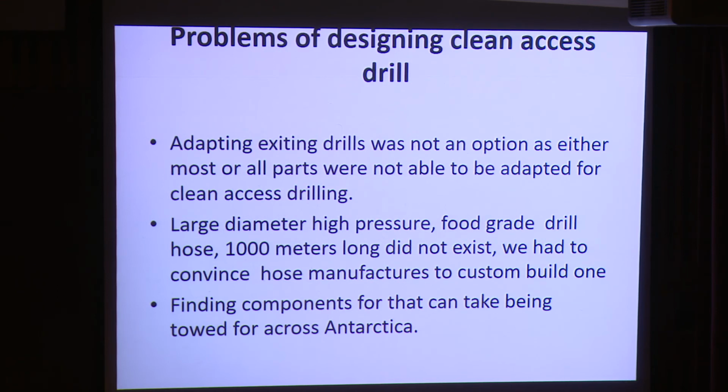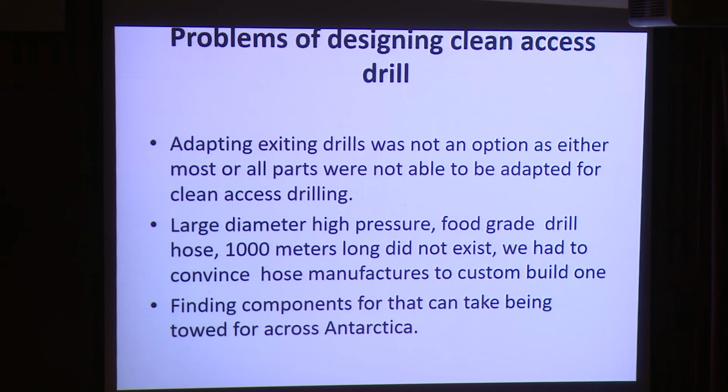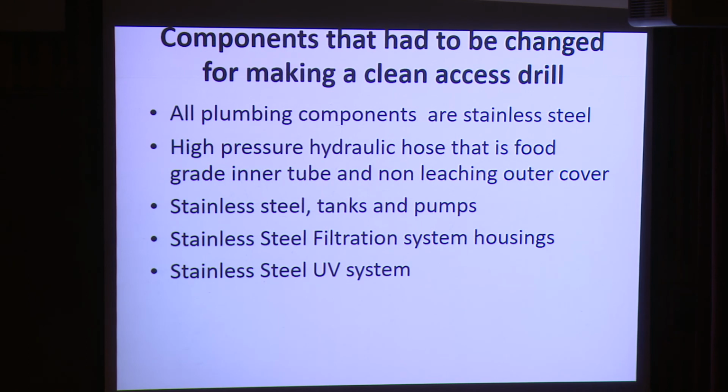And then fine components, with the UV light that John showed, and what we have in the containers to be able to take the trip of being towed across the continent. So those were our big problems. Compared to what's going to happen in the future off-world, these are small problems, you know. So to make a